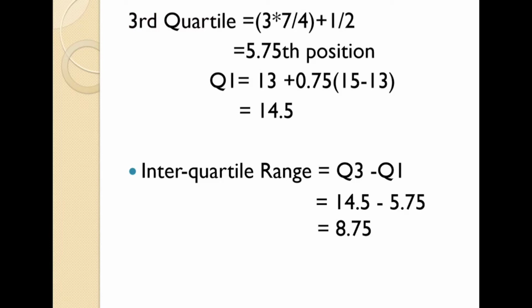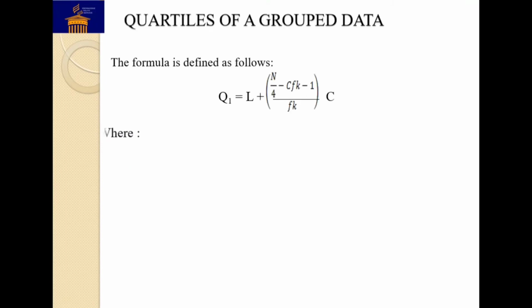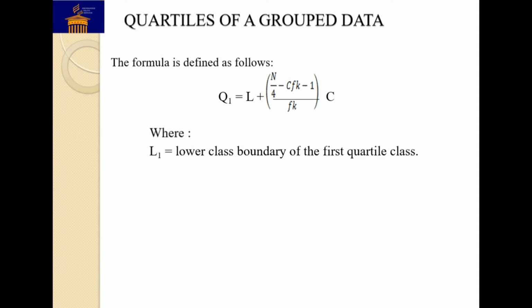We move on to the quartiles of grouped data. For grouped data, the ball game appears differently. There is a formula we would need to use mathematically. We looked at how to derive the quartiles, the deciles, the percentiles using the graphical method under the ogive when we studied about the ogive. However, now our focus is to use the mathematical method to derive our quartiles. That takes us to this formula.